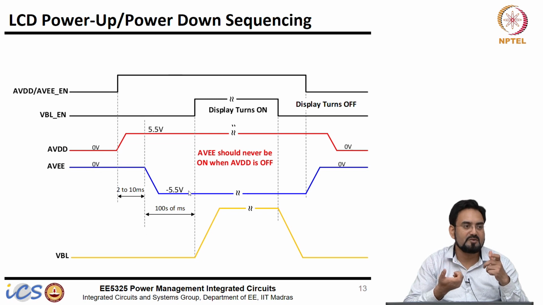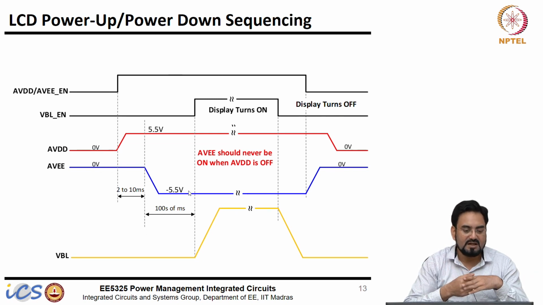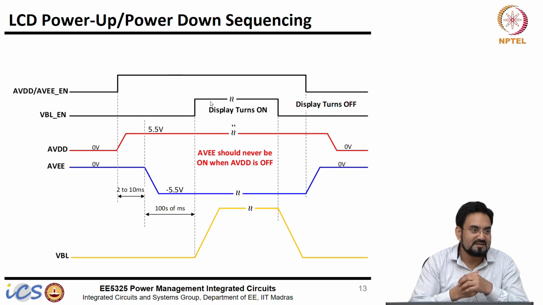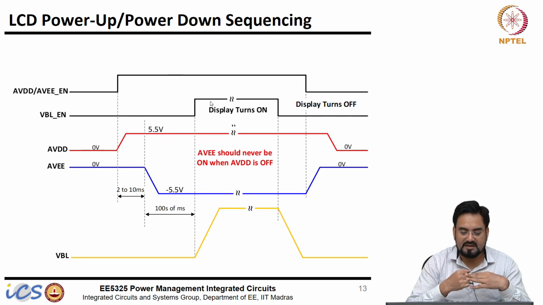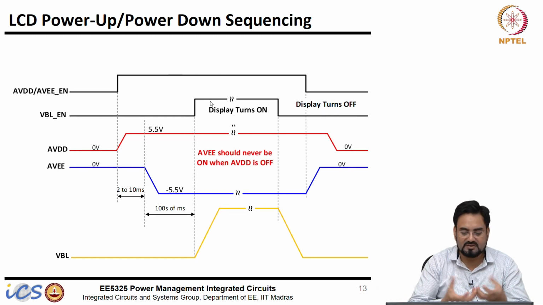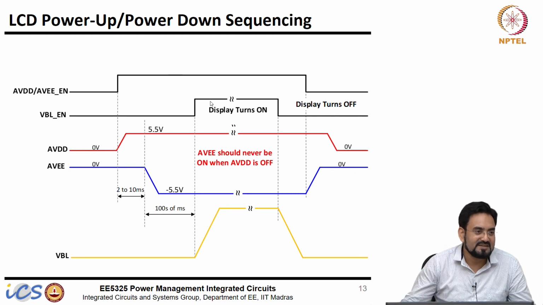And when you turn on your panel or turn on your mobile, which supply will come first? This AVDD is required first in order to display any image. But let's say if this hasn't come, which means I cannot display the image, and I turn on the backlight, what would happen? You will again see that gray display actually, or gray image, and that will be a very bad experience for any user. So when you turn on your mobile and all of a sudden you see your display turned into a gray color, okay.